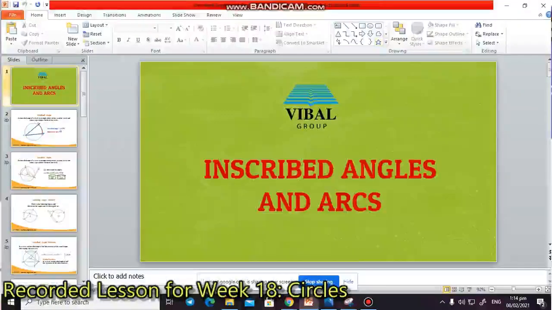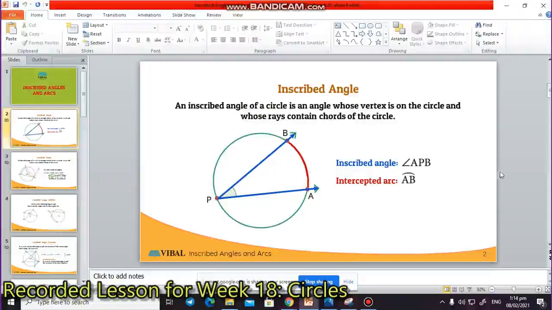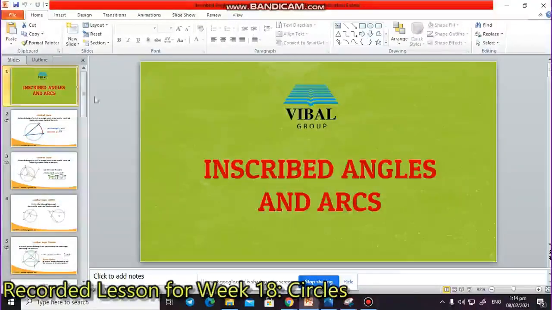So last week, ang pinag-usapan natin is all about the central angles. Wherein, we were able to learn that the measure of the central angle is equivalent also to the measure of the arc measure inside that angle. So for this week, we are going to learn about the inscribed angles and arcs inside